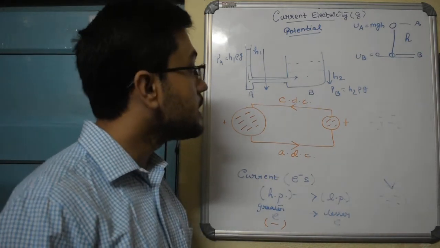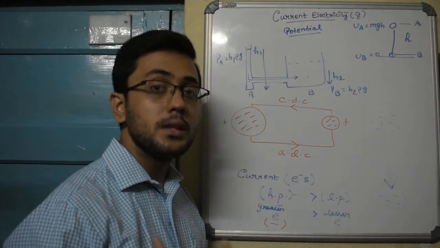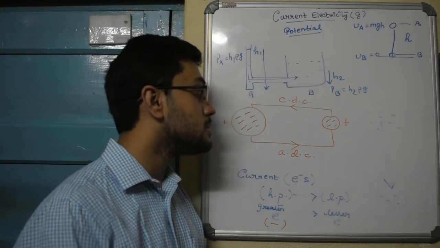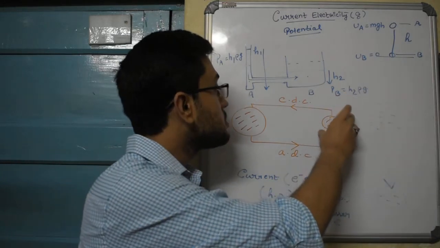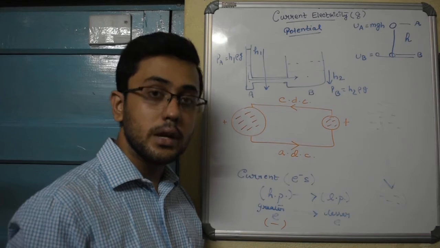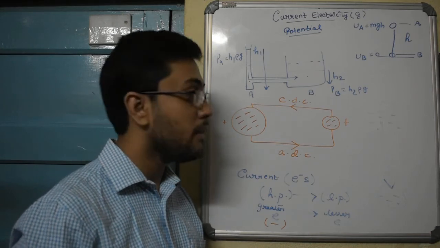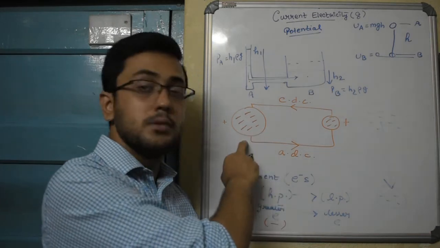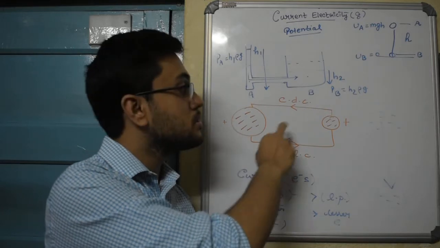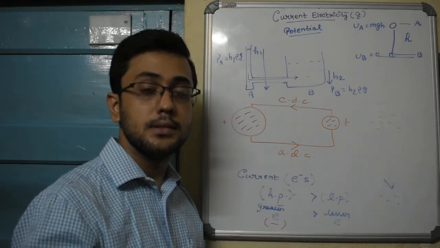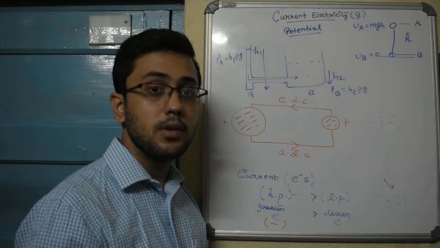So conventional direction of current is from the area which has got a lesser number of electrons to the area which has got a greater number of electrons. But the actual direction of current is always from the place having more electrons to the place having less electrons. Thus there are these two directions of current.